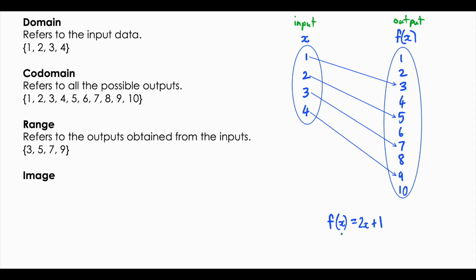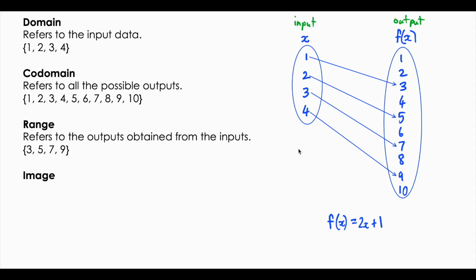So basically, this is a function here. So we're using these inputs inside of this function. So in essence, every value for x, we put it in this formula and we got an output. So for instance, 1. If we were to put 1 into this formula, we would have 1 being our input. So that would be 2 times 1 plus 1. So 2 times 1 is 2, plus 1 gives us 3. So for an input of 1, we get an output of